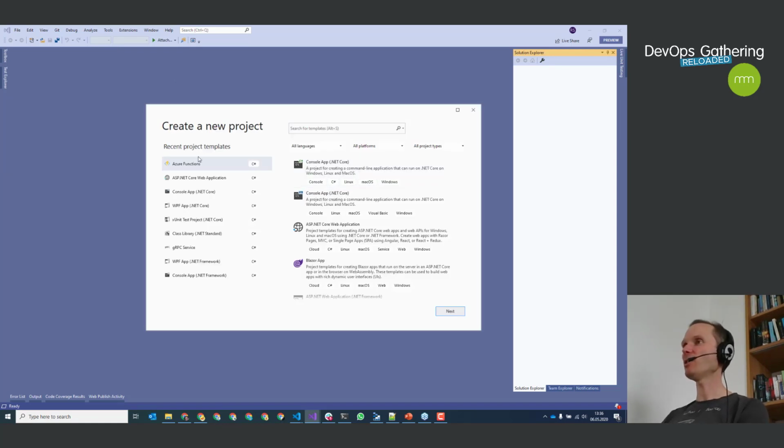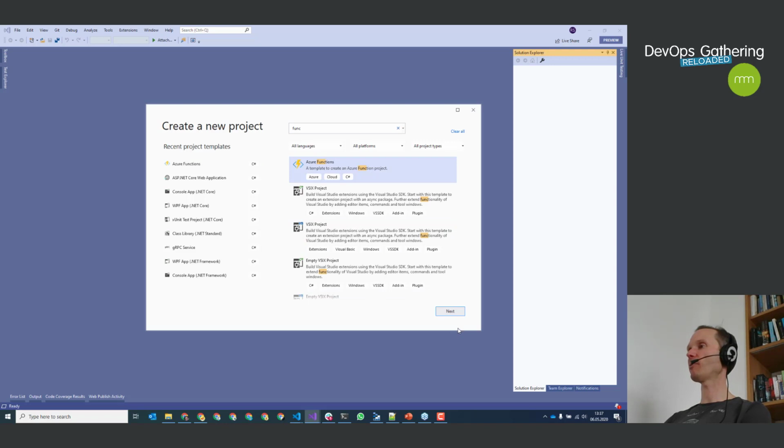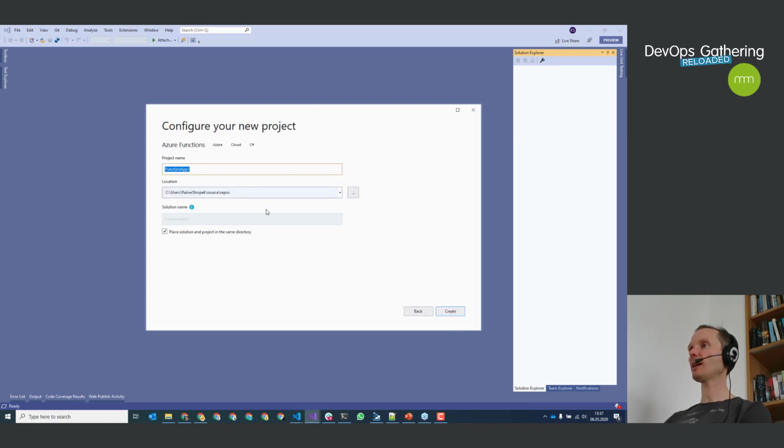So let's start a new function from scratch before we switch to a pre-built sample solution where we take a look at more advanced features. But first I would like to show you with a kind of Hello World application how these Azure Functions work. So let me look up the project type Azure Function here, say next, and let's put it, I don't know, here in my temp folder. That's fine because it's just Hello World.